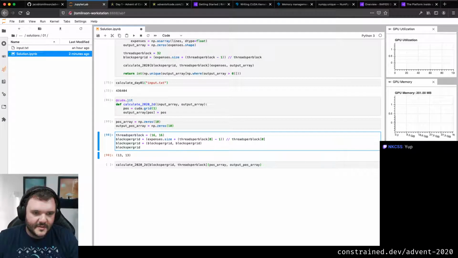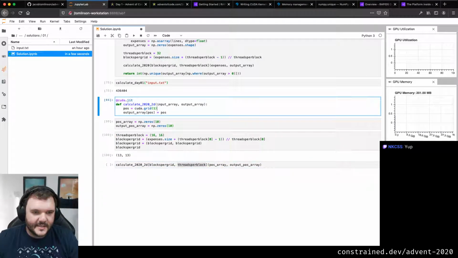So if I'm going to do my threads per block of 16 by 16, and if I call it like this, I want to do grid 2 now, and this will be X pos and Y pos, and I'm just going to do that.